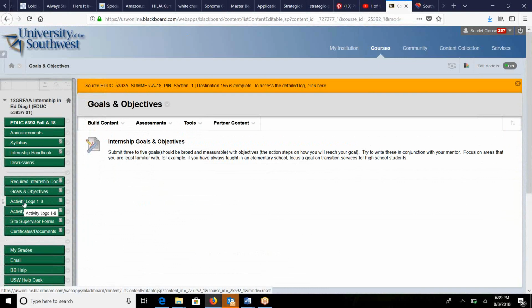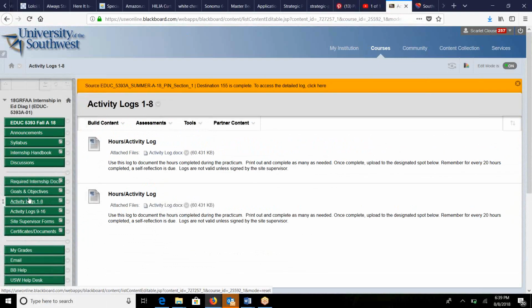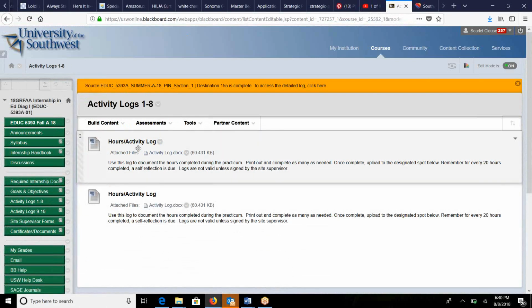As you know, in the internship, you have to complete at least 300 clock hours of activities. You'll see that your activity logs 1 through 8 and 9 through 16 are right here. This is where you're going to submit your activity logs. Here is a copy of your activity log. Matter of fact, I need to update this one as well. This is an old activity log. So I'll update this one, but you're going to access the activity log,